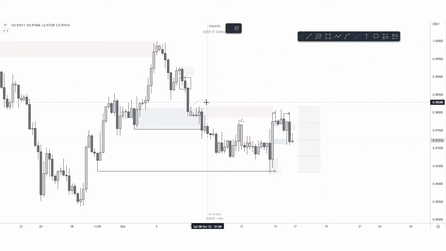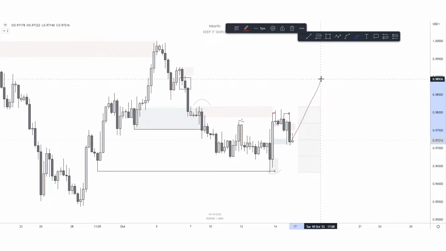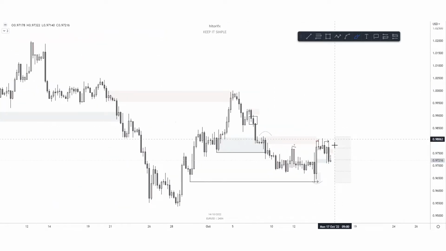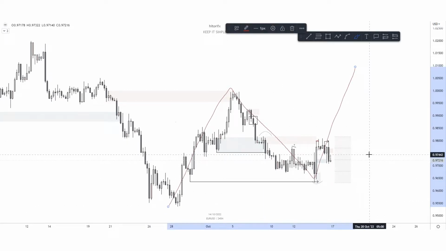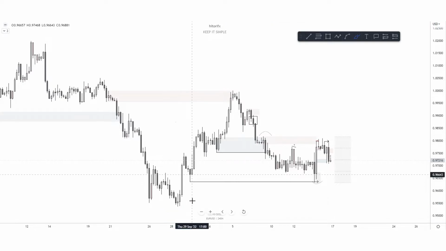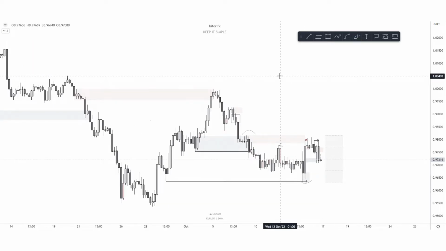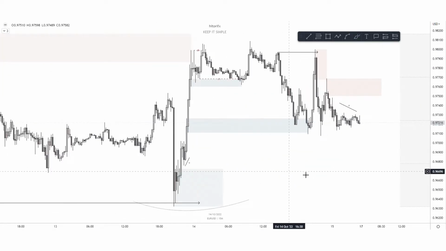But if we do go up higher, I would take that as a break of structure, and we might see bullish continuations until something higher, because you could be seeing something like this at the moment. So as long as this swing structure hasn't been taken, technically we are still bullish essentially. So that's all for EU next week.